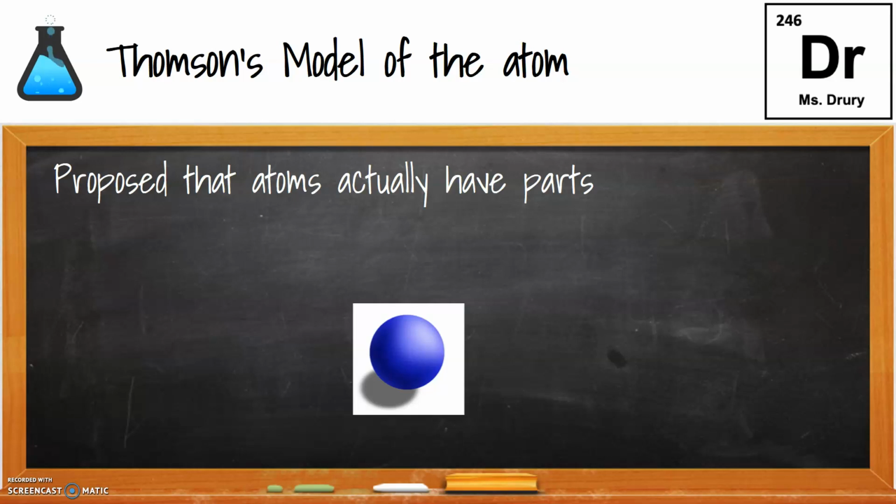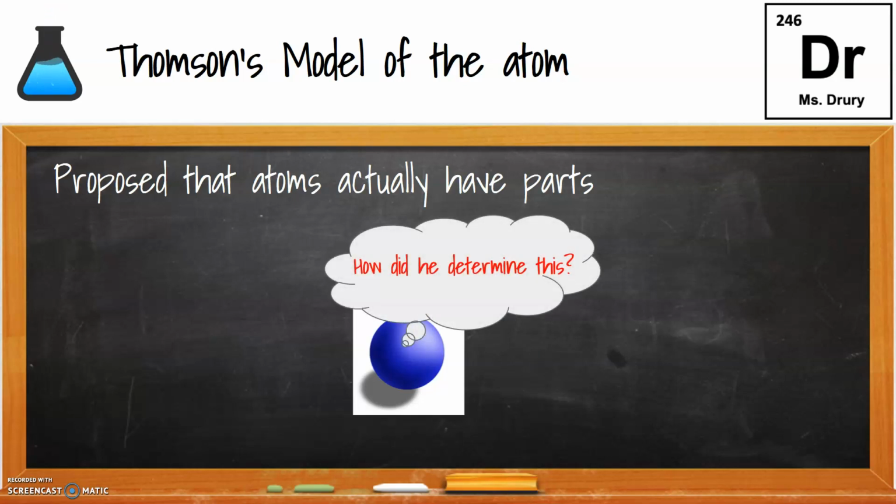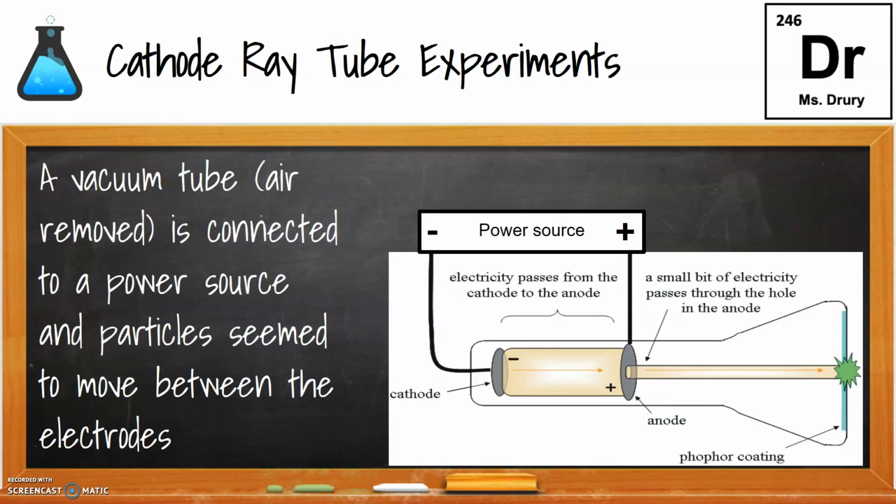Thomson's model proposed that atoms are actually going to have parts. So the question is, how did he determine that there are actually parts inside the atoms? He did an experiment called the cathode ray tube experiment, in which he had a vacuum tube, meaning the air is removed, there's no air, and it's connected to a power source. When he connected it to the power source, it seemed like particles were moving between